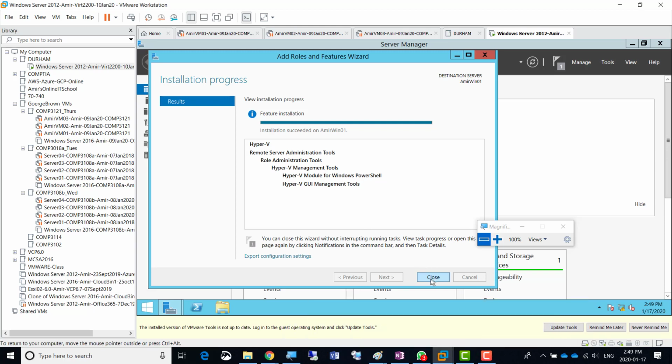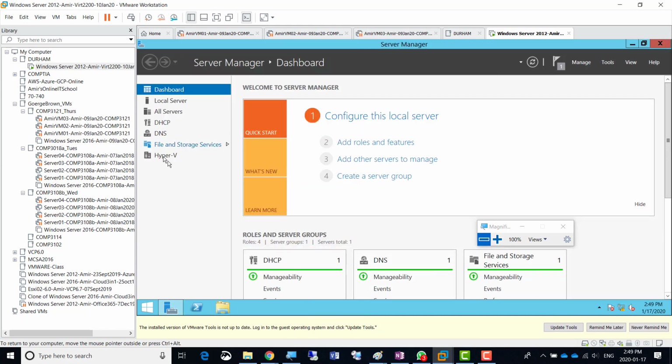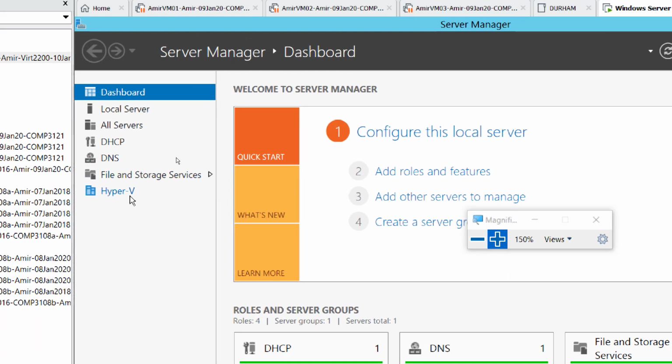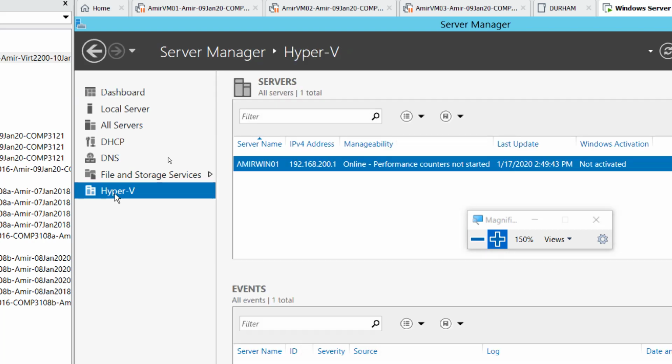So let's click close button here. And once you click the close button, then you see here that on the left side, Hyper-V is loaded. What we can do is, other than the infrastructure role, so either you go to tools and click the Hyper-V manager, or you can click here and then Hyper-V is showing here. Now that's your officially first